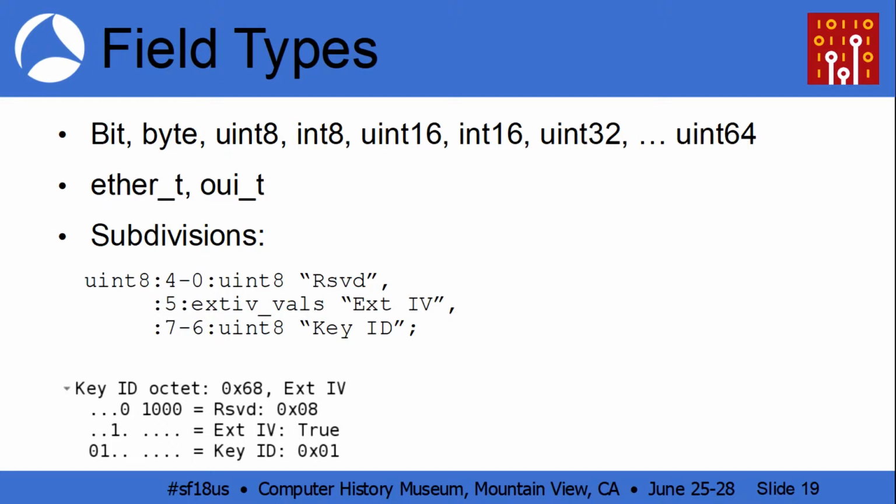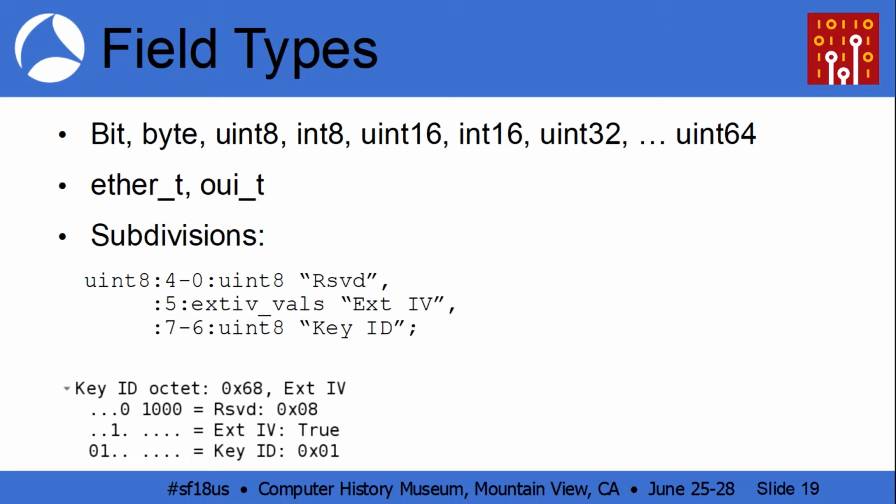Subdivisions, and I'll talk about this again in a little bit, allow you to subdivide a byte field or a 16-bit field into a series of bit fields. The way you do it, in the language that I developed, is you specify the base type, whether it's a uint8 or a uint16 or whatever. Then you specify a series of either bit ranges or bits, and give those a type,